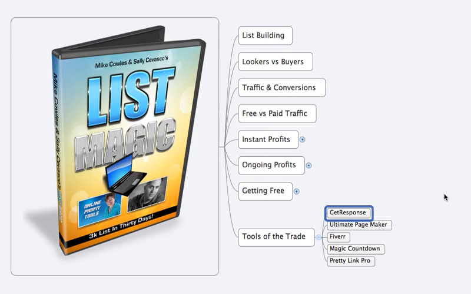Okay, it's got a mobile app, which is great on your iPhone or your Android, where you can go in there, you can see your stats, you can see split test results, you can make new emails. Very, very easy to use. They have really good customer support. Their pricing's better than Aweber, and very, very easy to set up. And in this mind map, you can click on any one of these tools that we're talking about in order to be able to see them and to get in there.